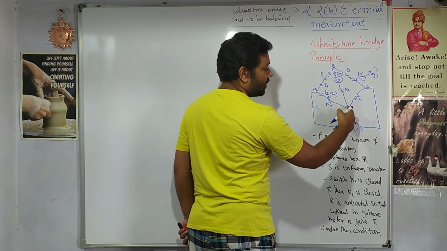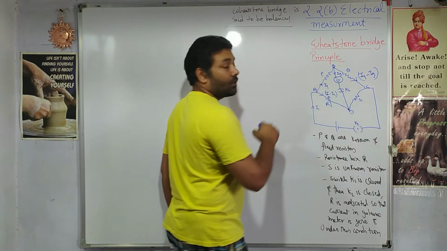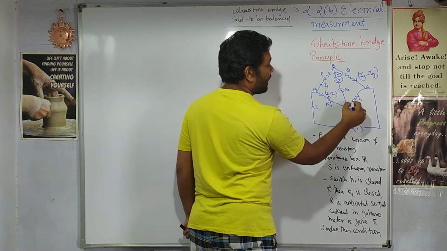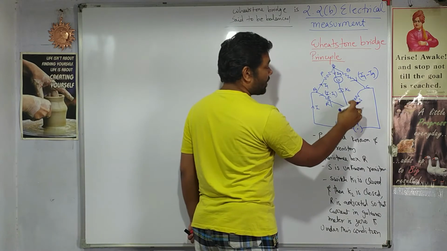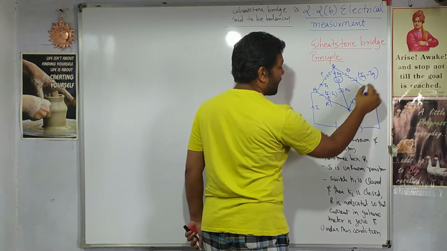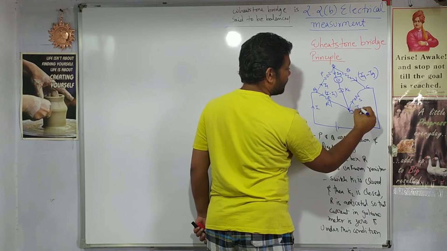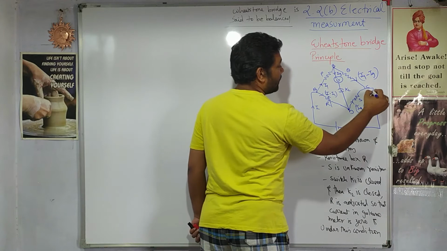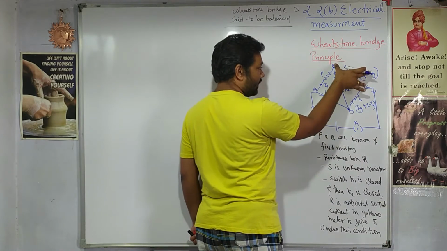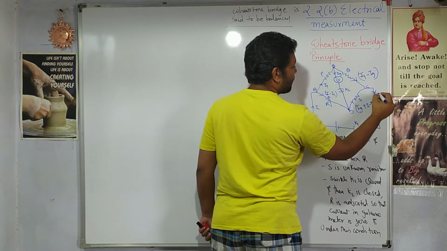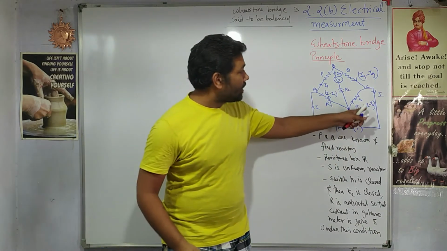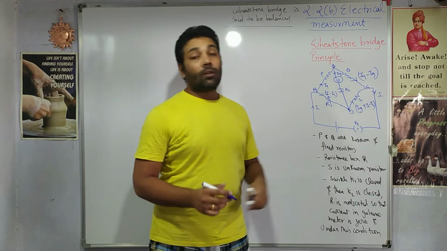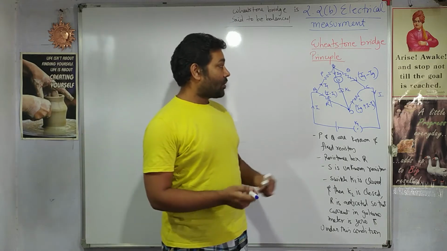Here Ig will appear at junction B, and I minus I1 will appear at junction B. Applying KCL, both these currents will combine and move out to the branch BC. So the combination of these two currents, Ig plus I minus I1, will be the current in the branch BC. Ultimately, the current in DC and the current in BC combine, and finally current I comes out. If you see here, Ig gets cancelled, I1 also gets cancelled. Finally, current I moves out of junction C. That is the application of KCL.